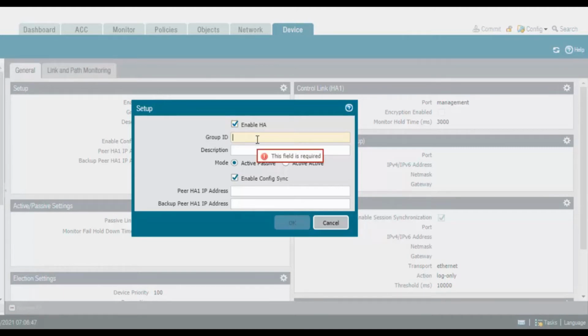I can give any, like 5, 10, anything. So I will go with 50 something. You can provide any description, so here I mention HA active config.